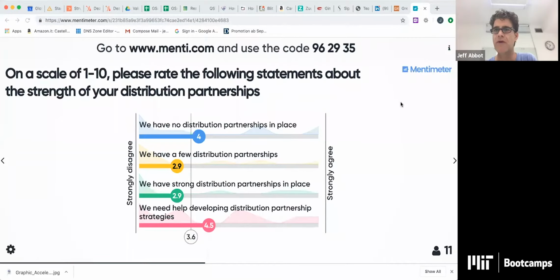Okay, Sorcerer Stone says, hey Jeff, if there's time to spare at the end, can he advise us what weekly metrics we need to have in order to get us to the blitzscaling stage? Okay, complicated question, but we'll take a crack at it. Thanks, Sorcerer Stone. I love the names everyone up here has chosen as well. I went with a boring one, Jeff Abbott, but I love the creative names.